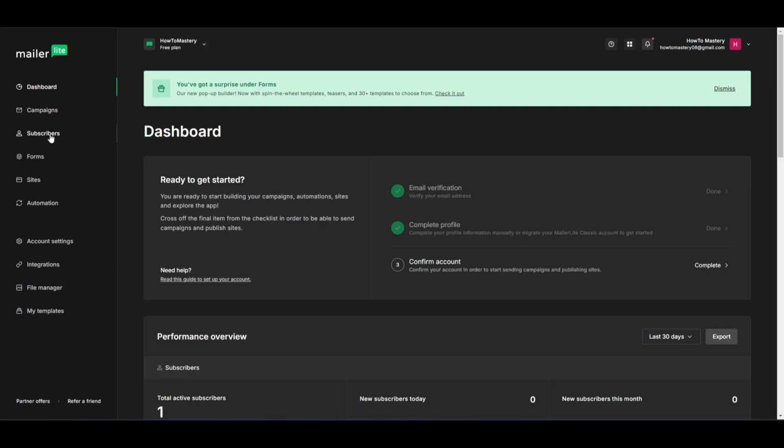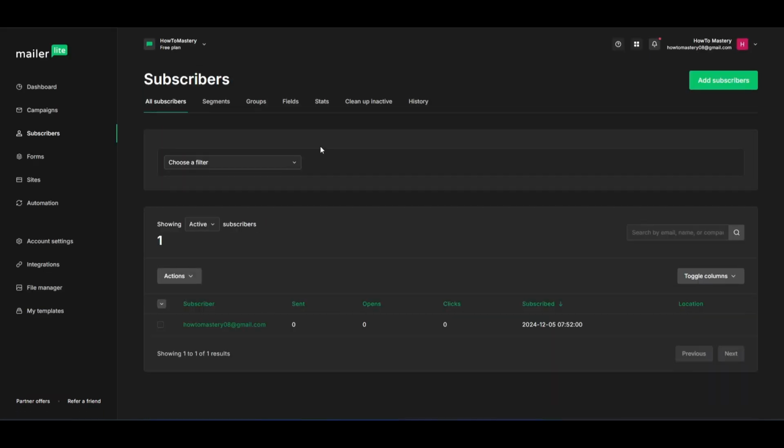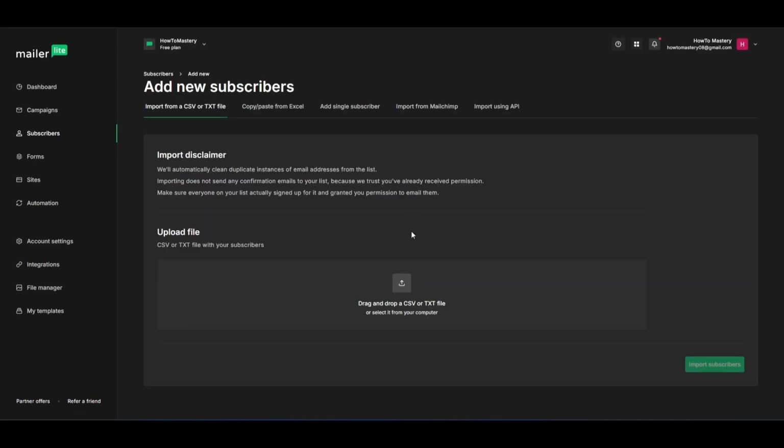Okay, so just go to subscribers here at the left, and then just click on add subscribers here at the top right. Now if you're going to add multiple subscribers, you just need to drag your file here and then import them to import your subscribers. And then if you want to add a single subscriber, just click on add single subscriber here,